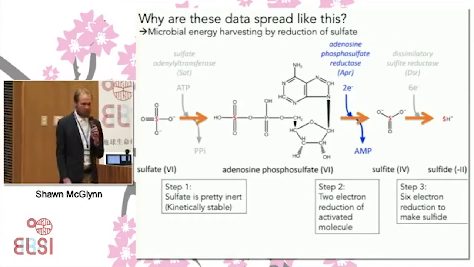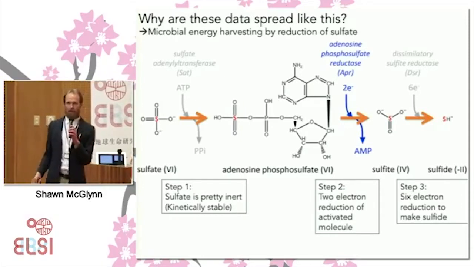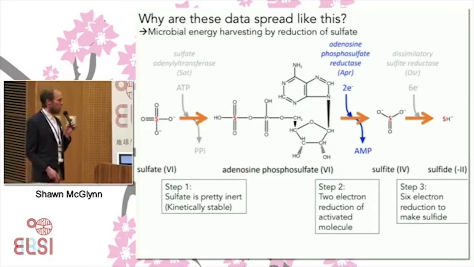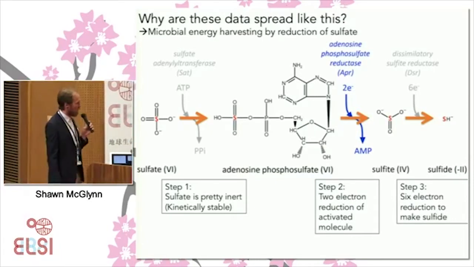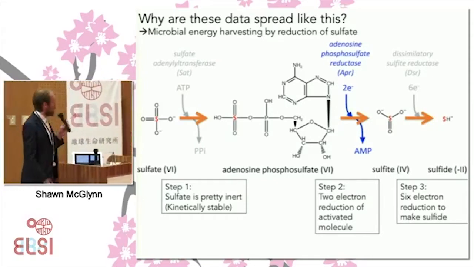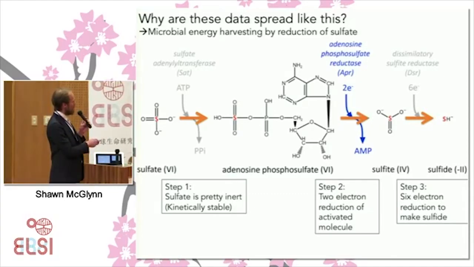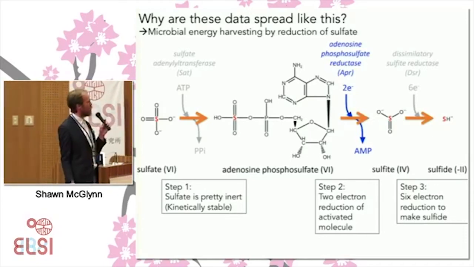So what's going on in this process of sulfate reduction? Sulfate, I mentioned before, is a fairly oxidizing molecule. You can put electrons onto it, and when electrons go onto sulfate, energy is released and organisms gain energy from that process, but it's actually chemically inert. And what organisms have to do is activate sulfate by using an ATP, and in this activated form, they're able to put first 2 electrons onto sulfate to make sulfite, and then there's a 6 electron reduction of sulfite to make sulfide.